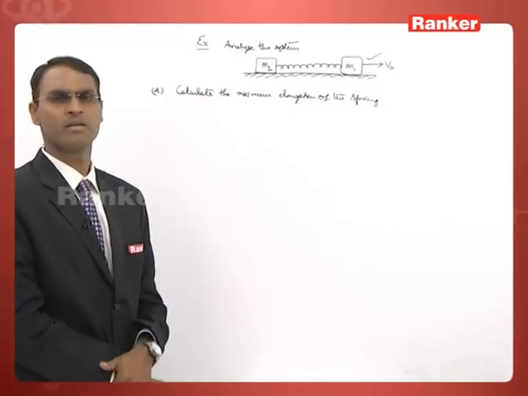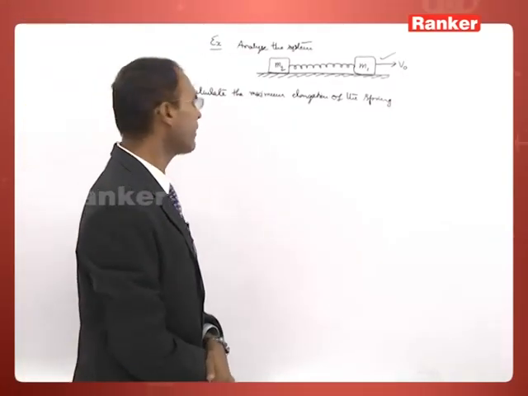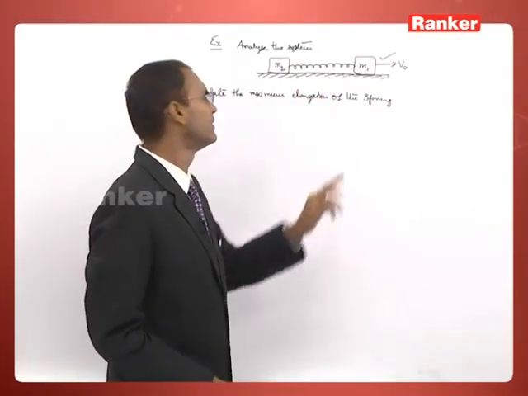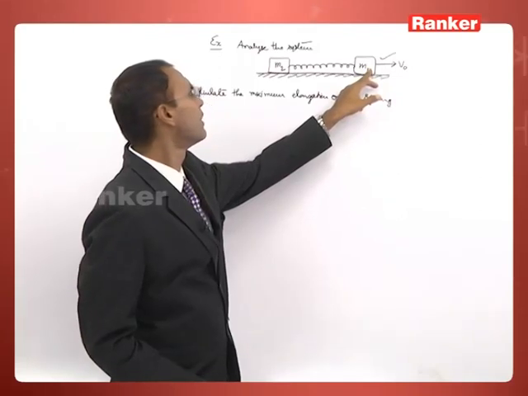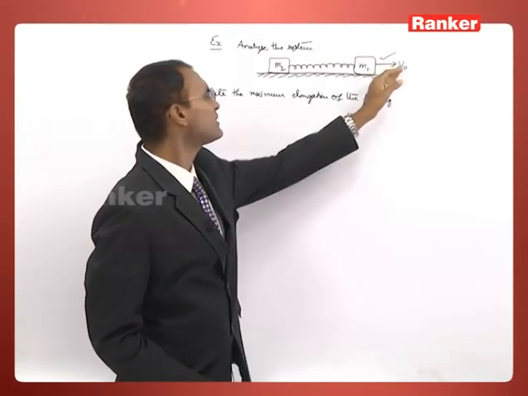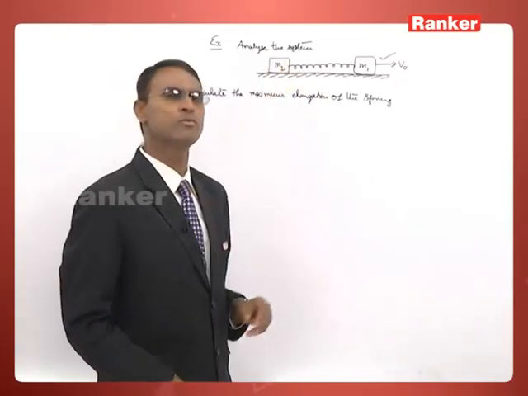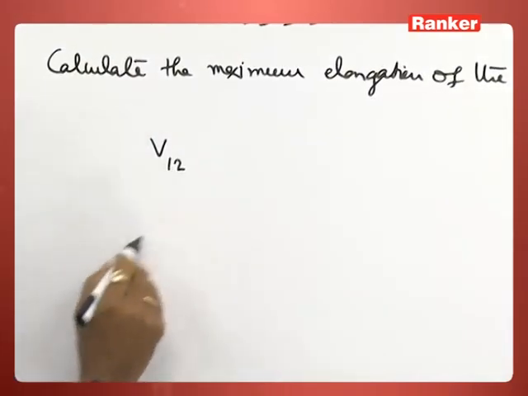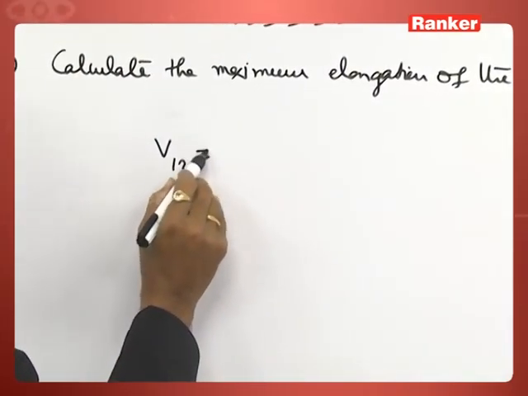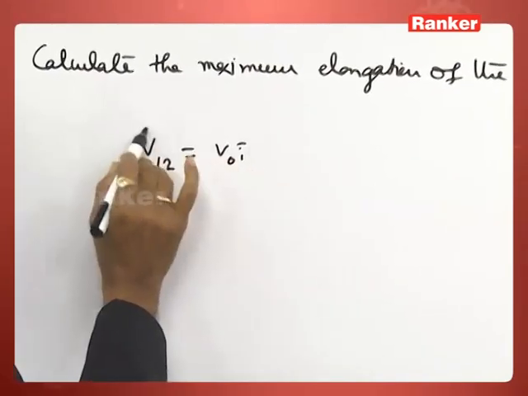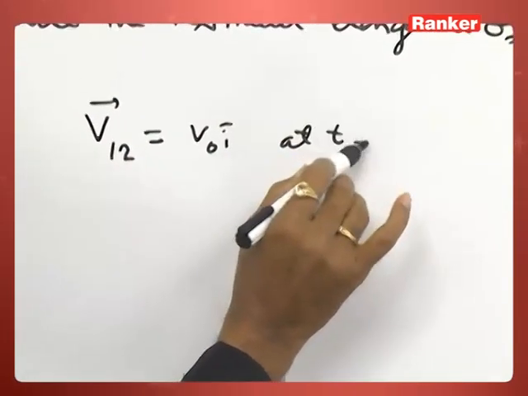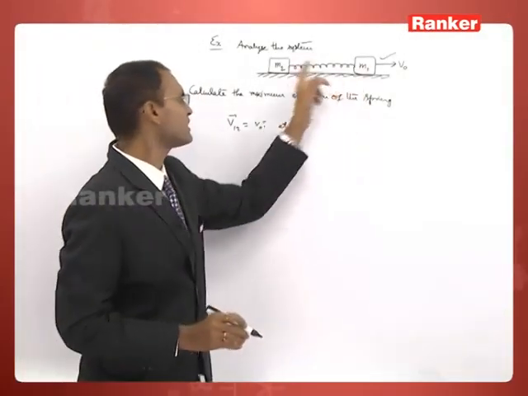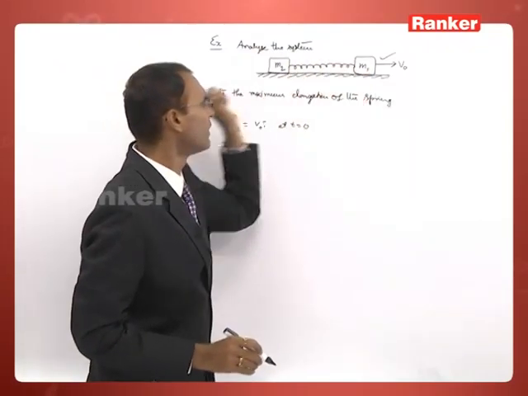The spring will elongate. This is because initially this block M1 moves towards the right with respect to the block M2. Velocity of the block 1 with respect to 2 is equal to v naught i cap at time t equal to 0. When the relative velocity of 1 with respect to 2 is towards the right,